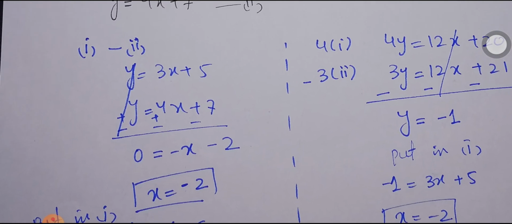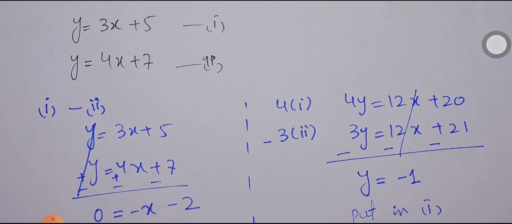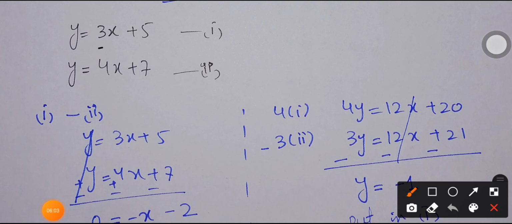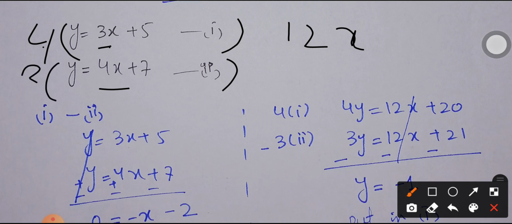But on the other side, if you want to eliminate x from these two equations, what we have to do, we have to make the coefficient same at first, because x is having different coefficients, 3 and 4 in the two equations. So we will try to make the coefficient same in both equations. You can see that these are not multiples of each other, so we can simply multiply 4 with equation number 1, so that we have 4 3s are 12x, and we will multiply equation 2 with 3, so that 3 into 4 again becomes 12x.